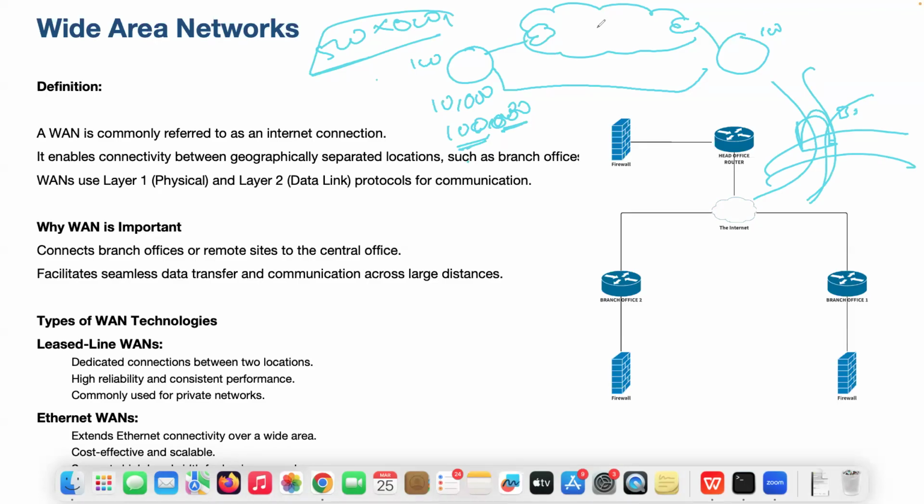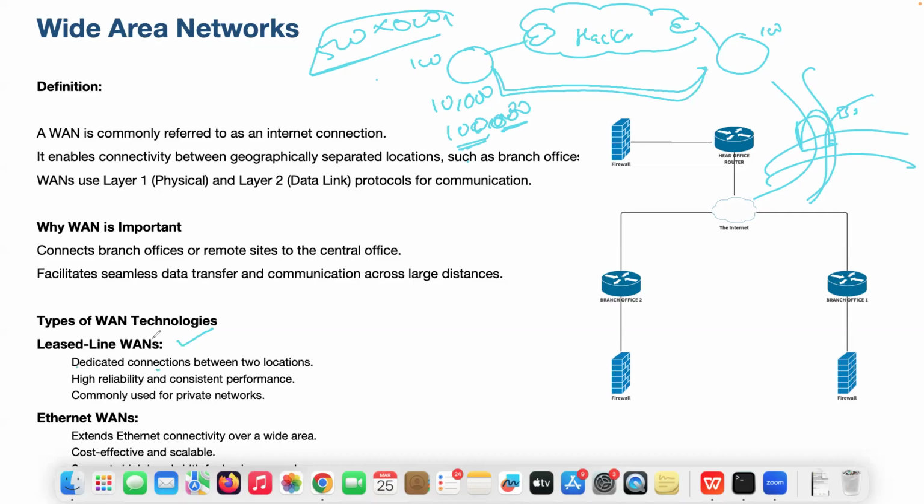That will be cheap, no? Because with underground cable, they are not giving us internet. They are giving us connectivity. We are able to connect this office and that office through underground cable. This is called leased line as WAN, where I have a dedicated connection between two locations. And because it is not through the internet, I need not worry about hackers and all. Because on the internet, if my traffic is moving, hackers might hack my system, no? So in that case, I can simply go with this underground cable. It's a leased line method.